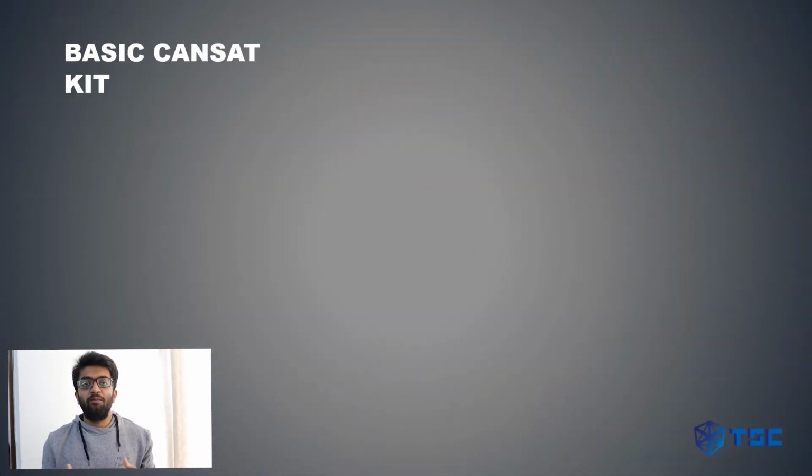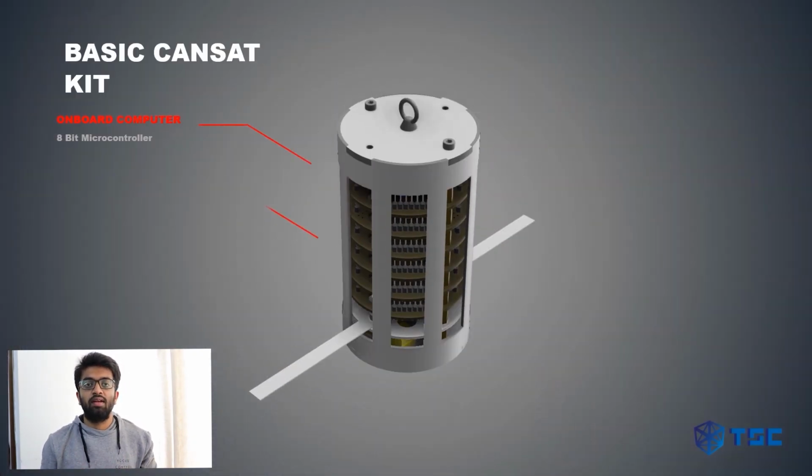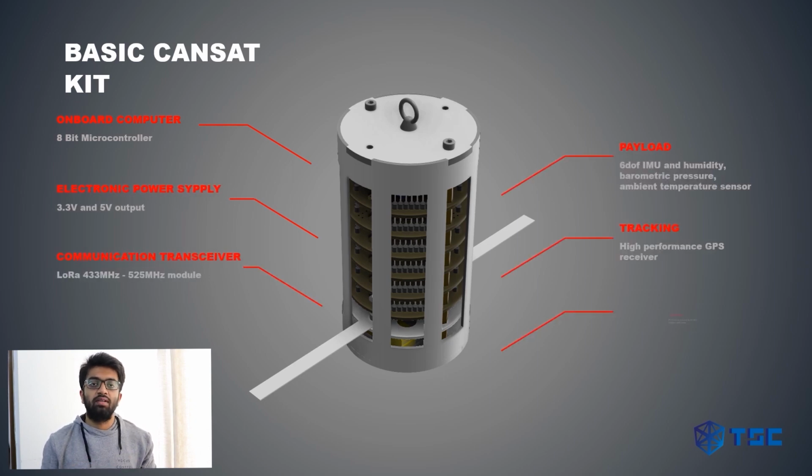Here you can see how the basic CANSAT looks. All the subsystems provided with the kit are listed here. Now let's talk about the structure of the CANSAT. The structure of the CANSAT is one of the most important aspects as it ensures the safety of the subsystems inside it. Basic CANSAT is equipped with the outer casing that protects the subsystems from the environment or in case of hard landing.